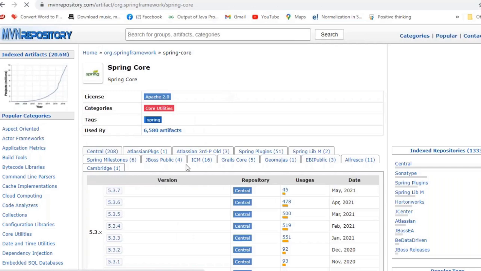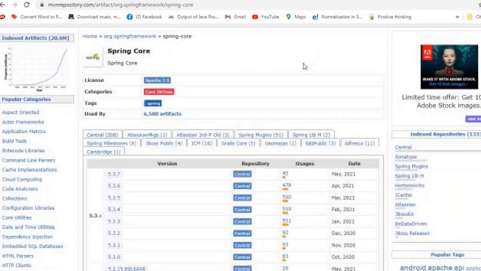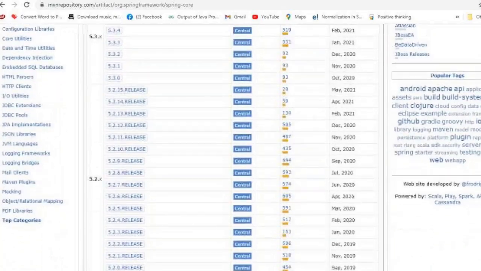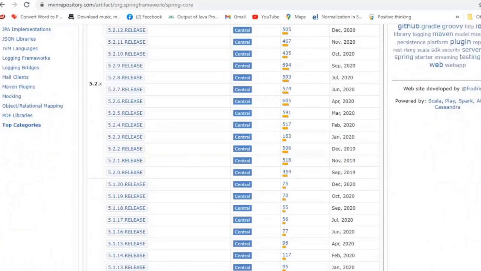Now you will get different versions, guys. So just scroll down, and you can select any version, but I'll go for 5.2.3. You can go for 5.2.8 also, anything is fine, but I'll go for 5.2.3. So guys, click on 5.2.3